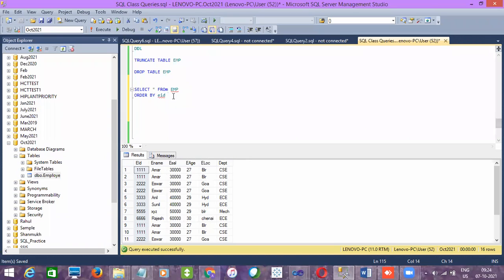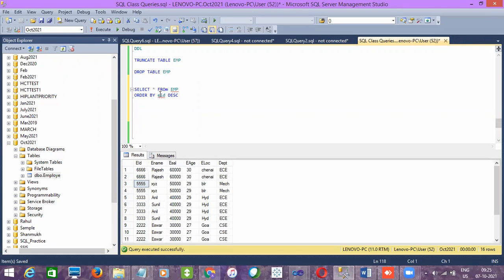If you leave it like this, by default it is ascending. You can also give ASC, which is ascending. If you don't give it also, it is ascending order. If you want descending, you have to explicitly mention DESC. Now we can see the data in descending order.